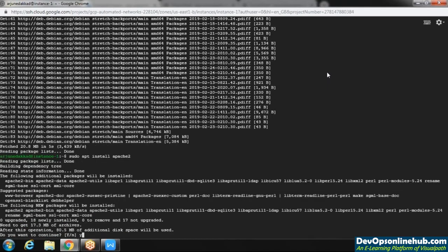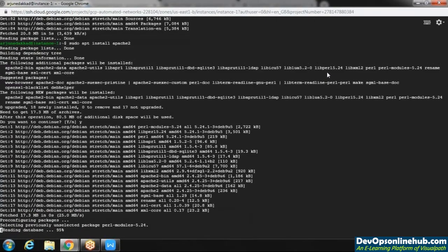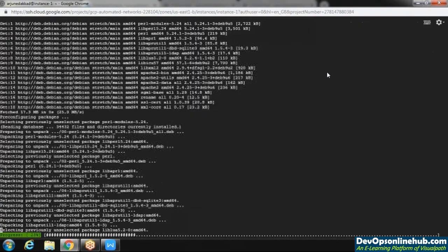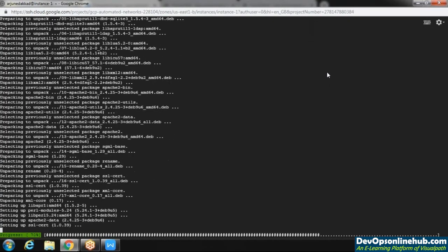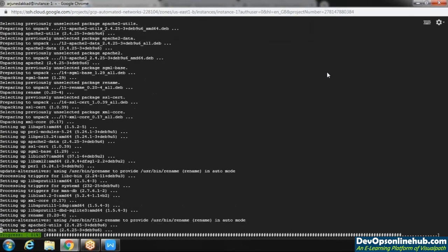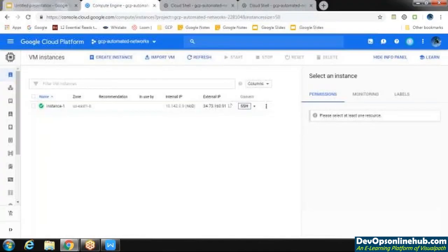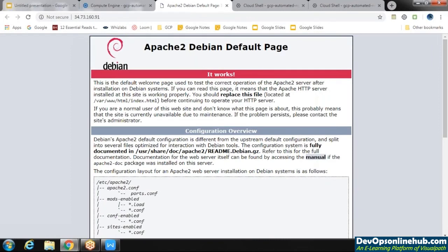Press Y. So Apache has been installed. We will click and see. Yes, the Apache machine is ready. So that's how we create a virtual machine.